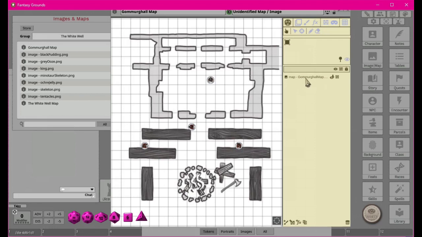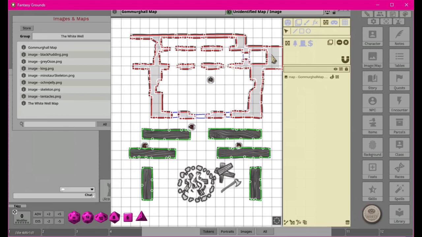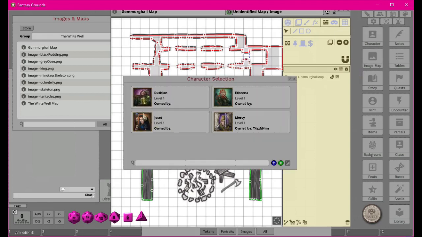And of course I did it all on the same layer, which was probably a mistake, but that's okay. So if you look here, you can actually see what I did. I kind of traced around using the line tool to get this whole thing. I added a secret here, added doors here. And now if we go add our character in here,